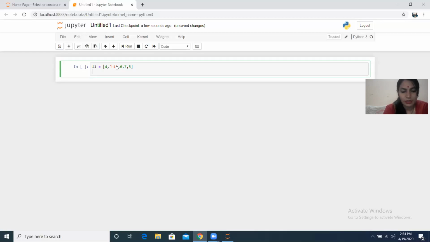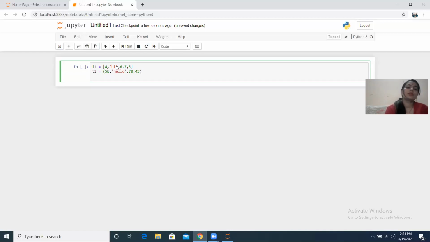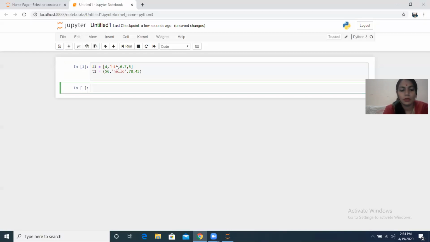And we have created a tuple as well, which is T1, and for creating a tuple we used small parentheses. Here also a sample tuple with some records, right? So here you see L1 is your list and T1 is your tuple.